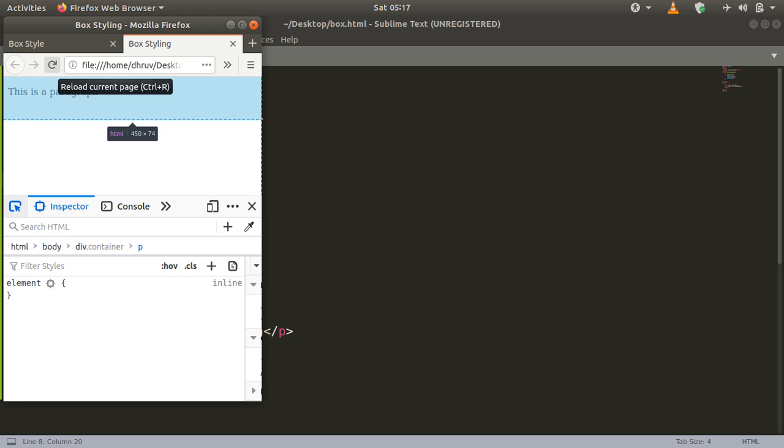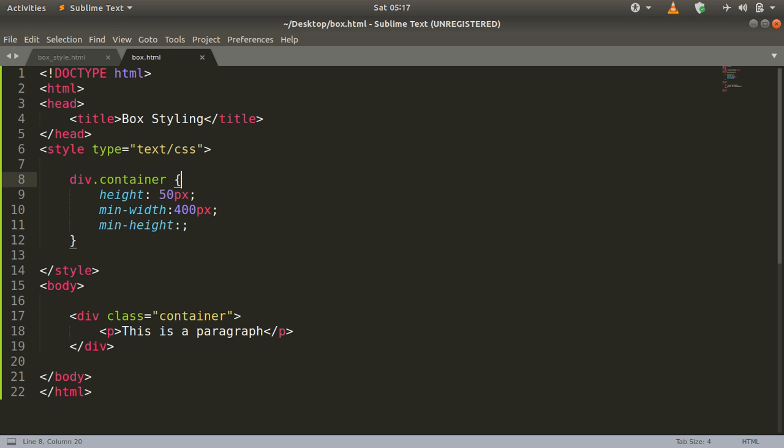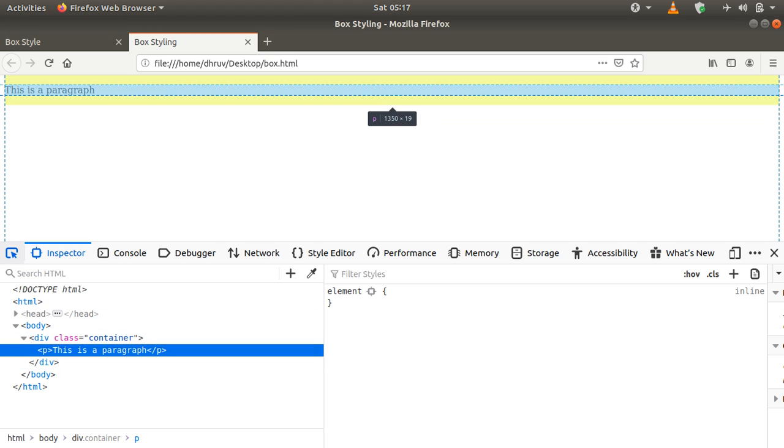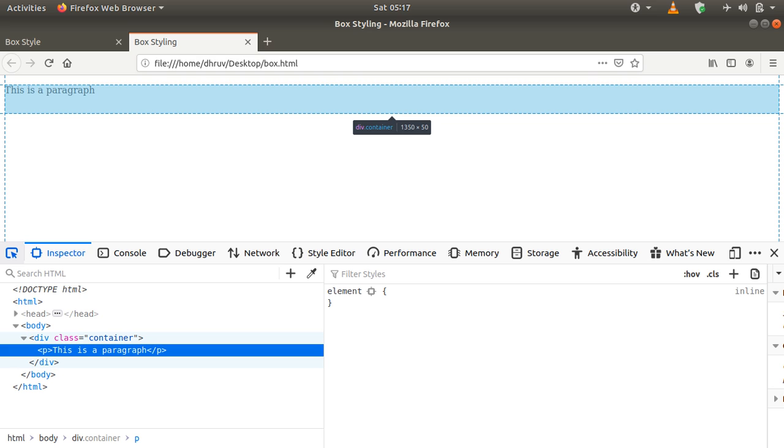And let me just refresh. Okay, so now you can see that the width of this box is the screen width, as you can see here 1350, and the height which we have defined here is 50. Now what is going to happen when I reduce the size of this web page?